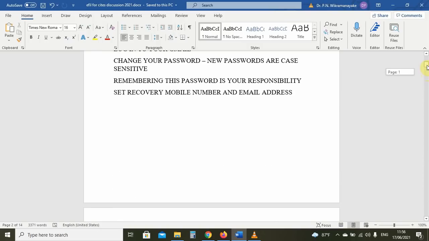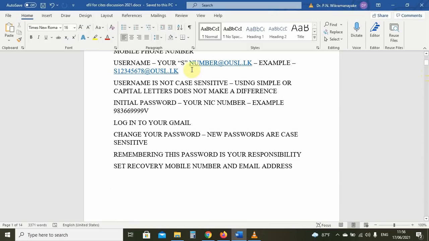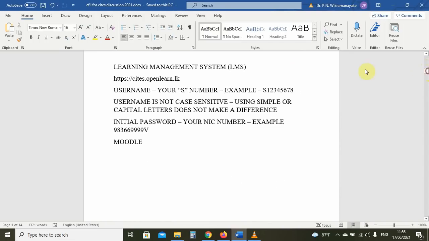Before, your Gmail address had your S number and @ousl.lk. For the LMS, don't get confused. Your username is only your S number. For example, S followed by 8 digits, whatever has been assigned to you.